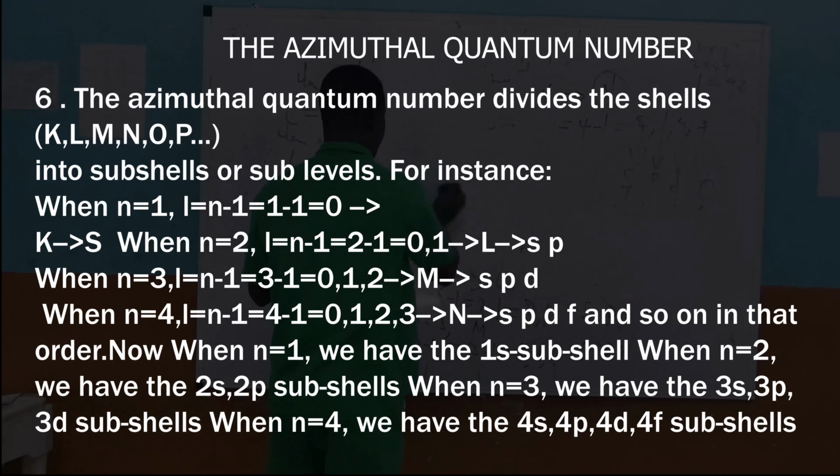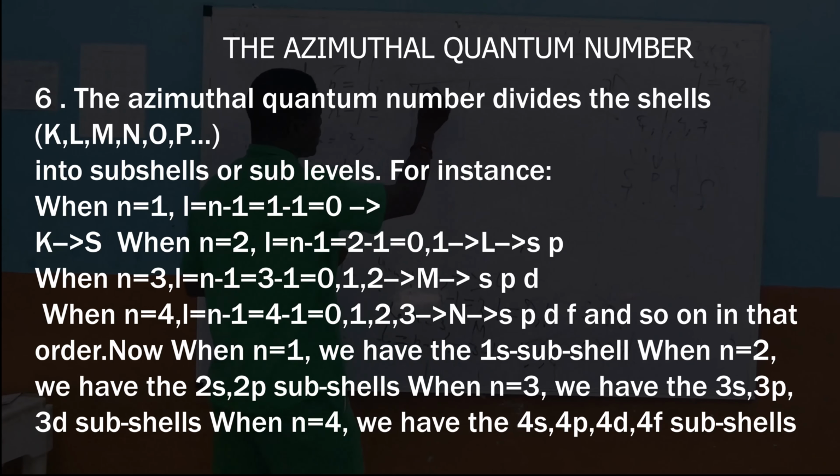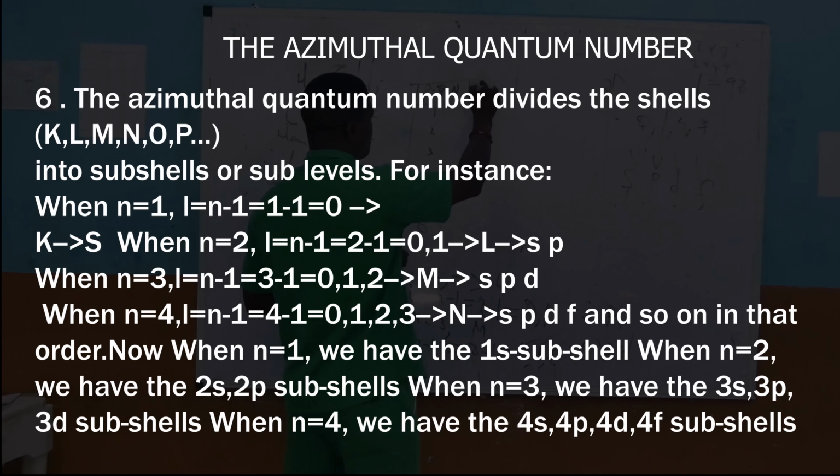The principal shell. For instance, you are going to have the number of subshells. Let's say the principal shell, we have the principal quantum number, ranging from 1, 2, 3, 4, 5, 6. And of course, we have the principal shell. For 1, that corresponds with K, L, M, N, O,